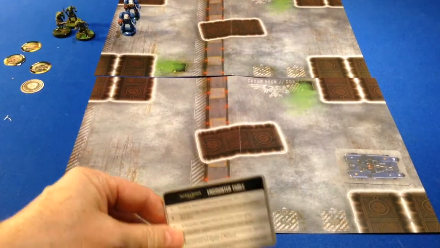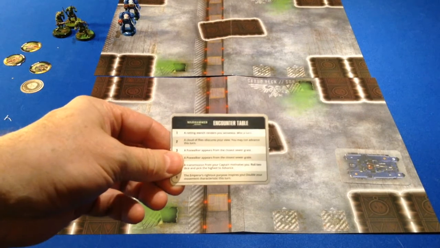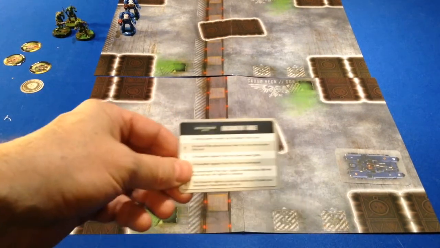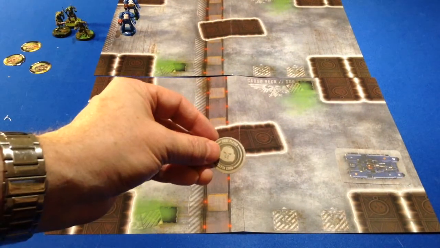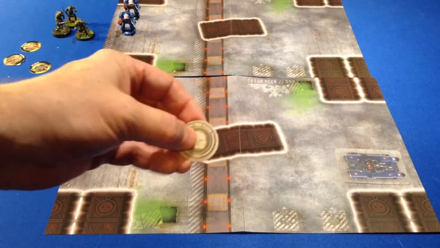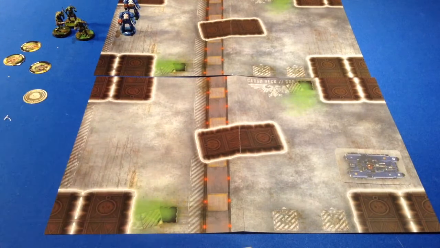All right. So here's the encounter card, which is going to be at the start of every Space Marine turn. You're going to roll this. So you're going to do a Space Marine turn, a Poxwalker turn, Space Marine turn, Poxwalker turn, and so on. And there's also a first player token. If you are playing with more than one person, you can show who is the first player. That will rotate each turn. But as it's just me,